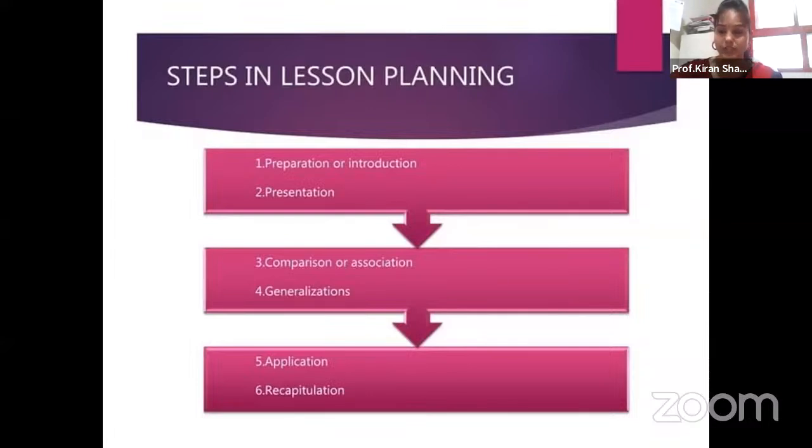That is very, very important. What is recapitulation? It is nothing but a concise summary of your teaching. It is an act or instance of summarizing and restating the main points of the topic. How can you do it? You can ask important questions related to the topic, and in return you can also take feedback side by side. Whatever topic you have covered, you just ask the important questions related to it,